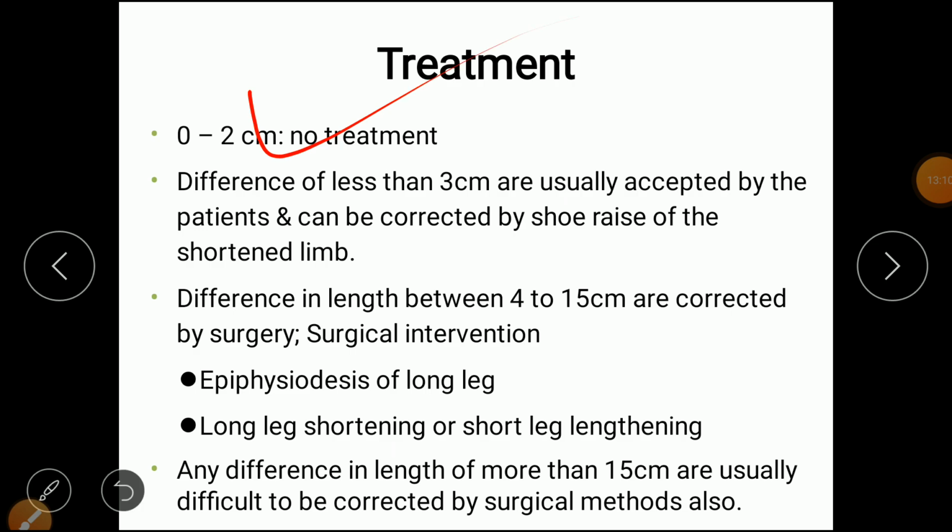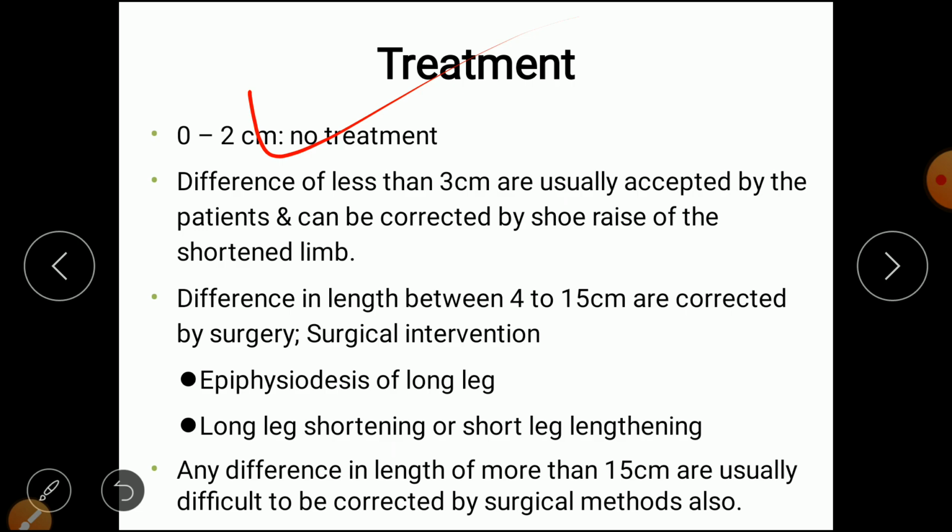Now we discuss the treatment. Okay, we can check true also and apparent also. So what is the treatment? If the discrepancy or the length difference is up to 0 to 2 centimeters, no treatment is required. It is okay, within the ideal range. Differences of less than 3 cm are usually accepted by the patients and can be corrected by a shoe raise